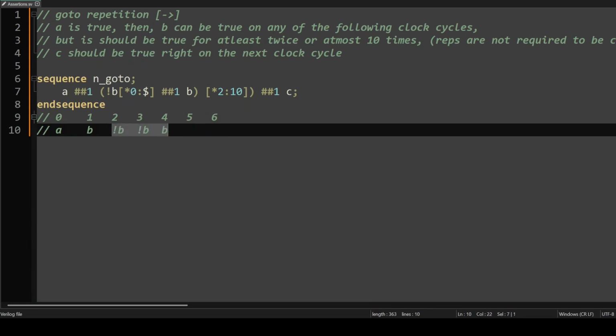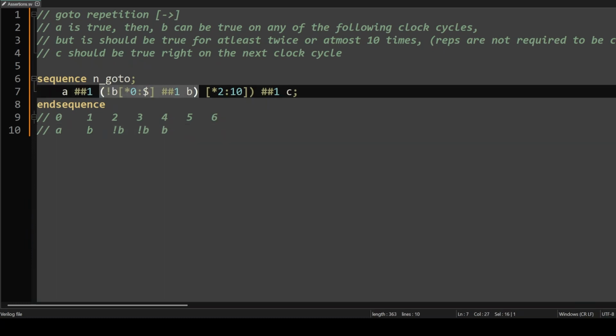So this also satisfies our condition, and this whole pattern of B not true, then B is true, concludes only one repetition of this entire sequence,